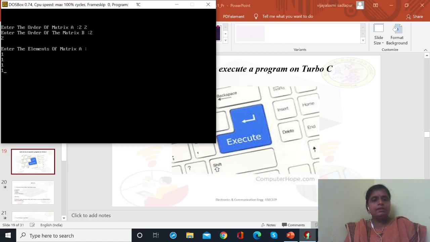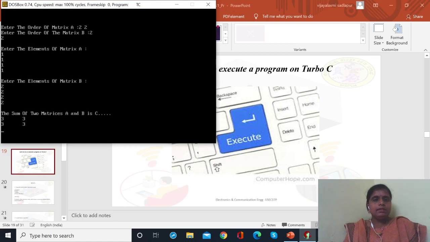Just for simplicity, for the simple cross-checking of your program, I'm taking simple inputs here. Then I'll enter the matrix B. Let me take it as 2. So now 1 plus 2 is 3, isn't it? 1 plus 2 is 3, which is the value of all the elements, because I have entered the same values for the matrices.